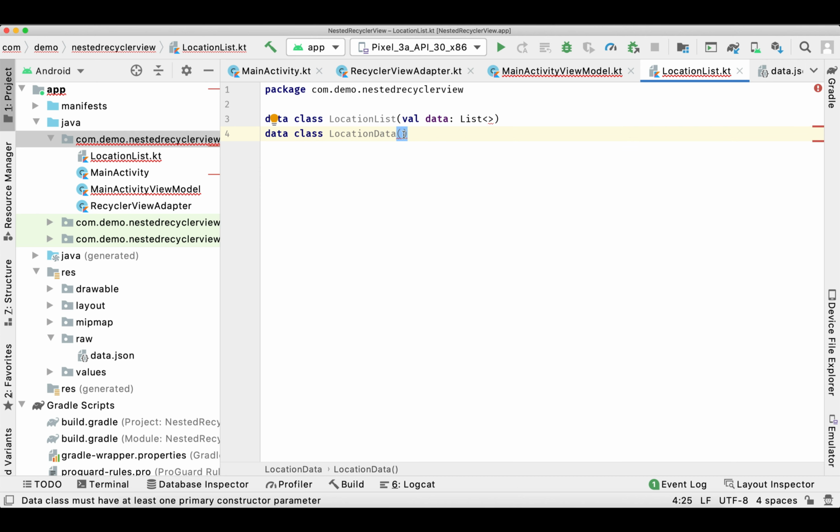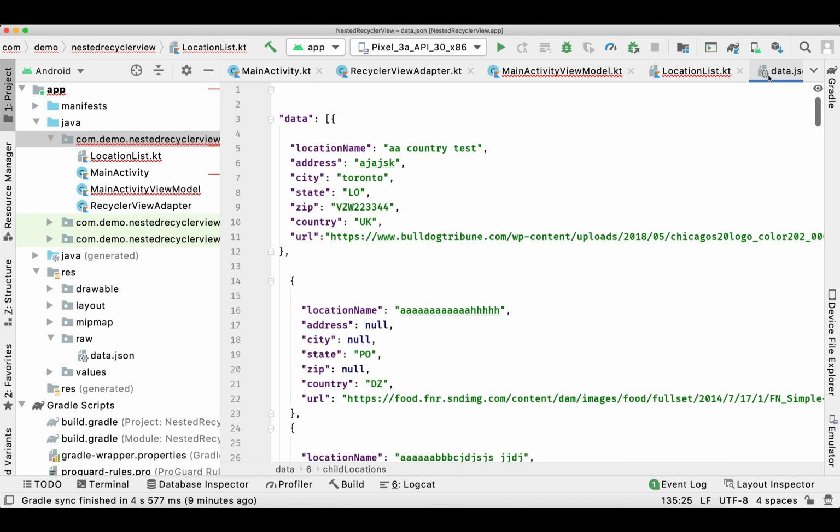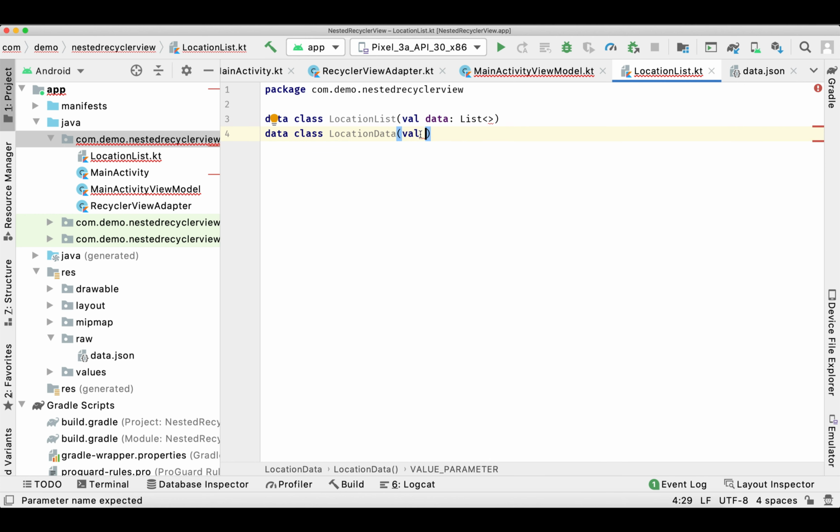And the location data can hold multiple values like location name, city, state, address, zip, URL. And we'll be passing the same names that we have inside our JSON file.